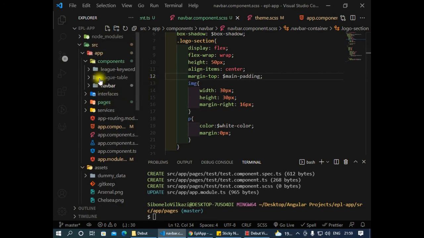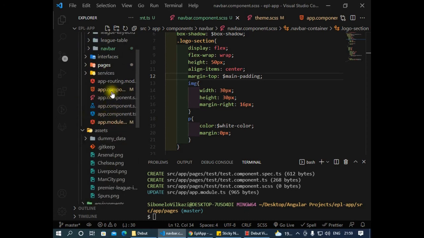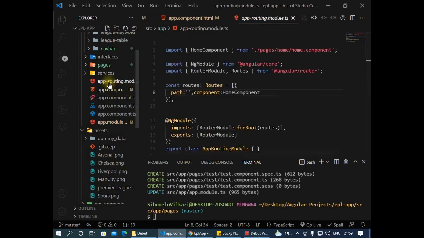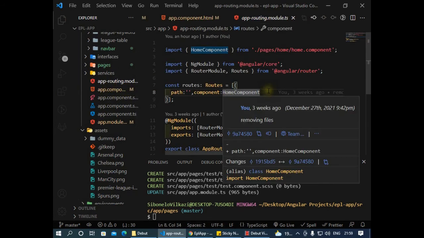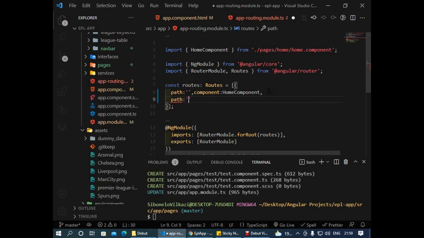So the first thing we want to do is go to the app.routes to set up our routes. We'd want to say that if the path is table, then we'd want it to